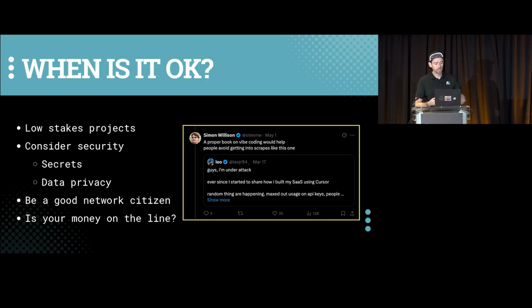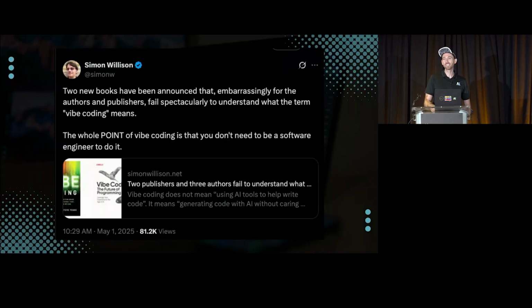It's fine if it's a low stakes project, if there's no security issues, if you're not being totally irresponsible, like this guy: "Guys, I'm under attack. I can't explain why my API keys are all maxed out. I've been building in public on X." It's like, well, okay, bro. And then you get all these books where people are like, stop defining vibe coding in a way